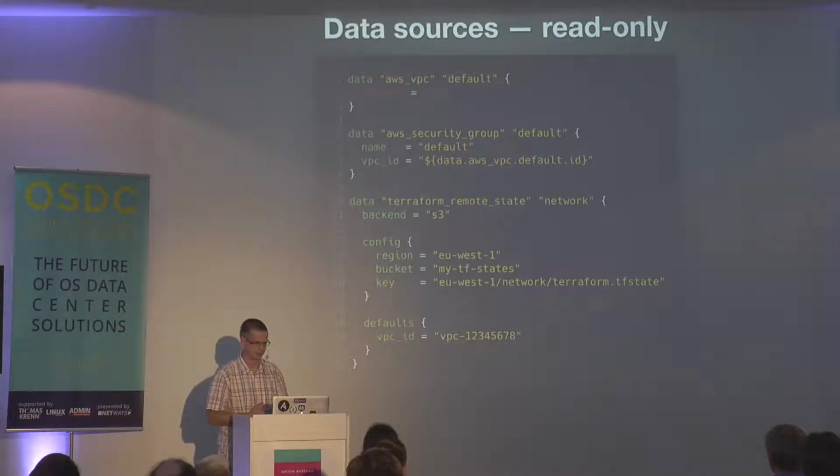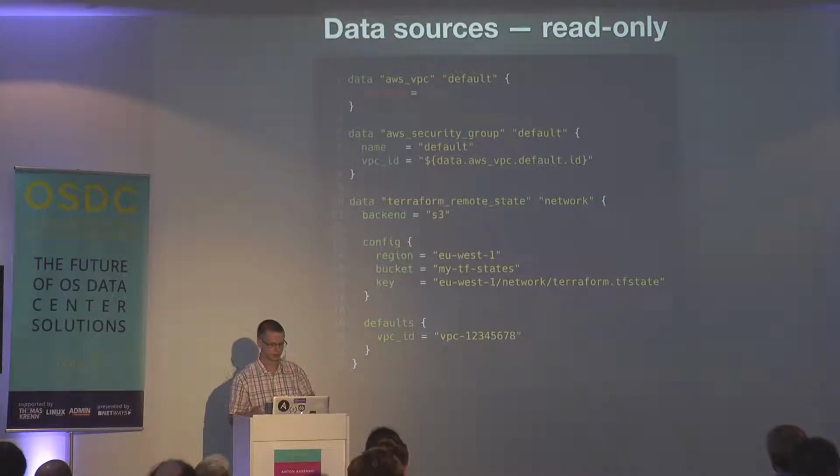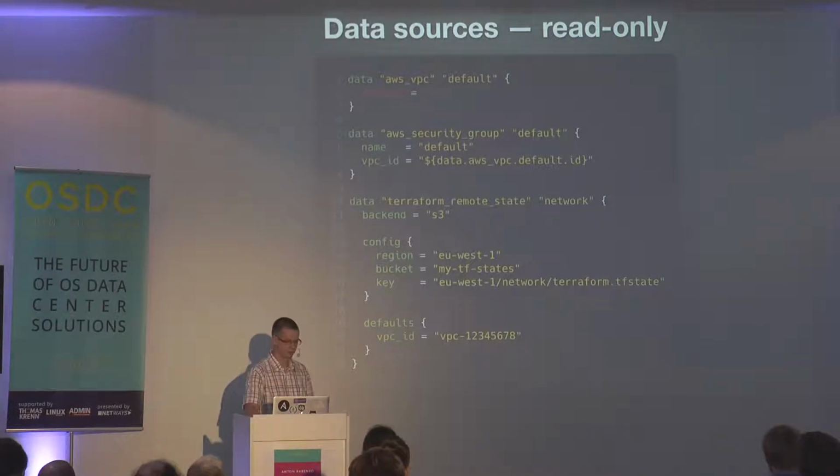Data sources are similar to resources, but they support only read-only operations. In this example, there are two data sources: one to get the default VPC, and another one to get the default security group within this VPC. And the third one, mentioned here on line 10, is Terraform remote state, to get information about already created resources from other Terraform executions. And it also has some default values, which are not often